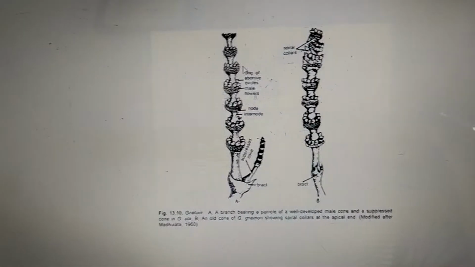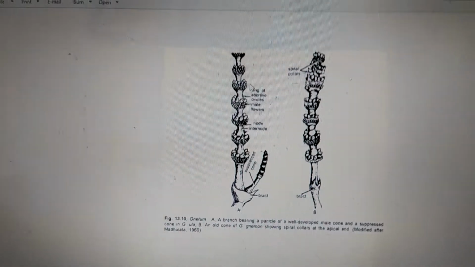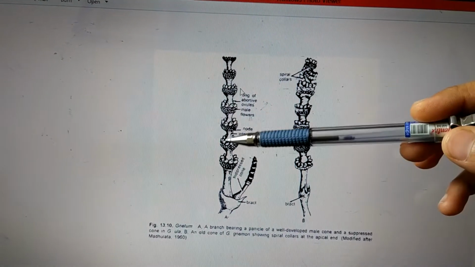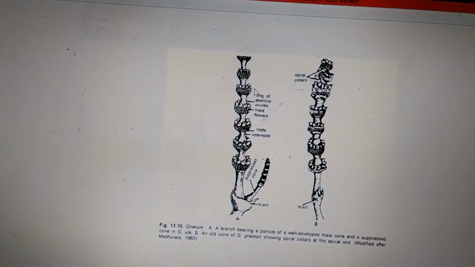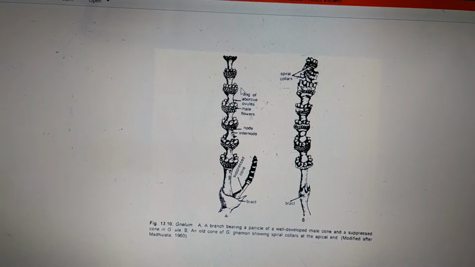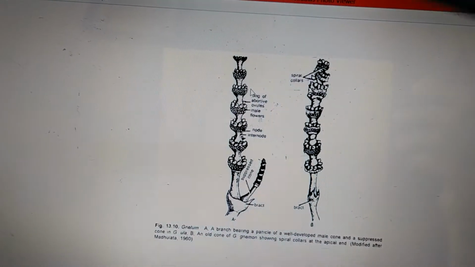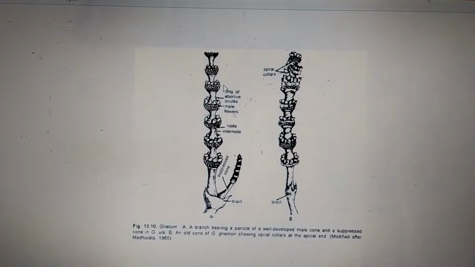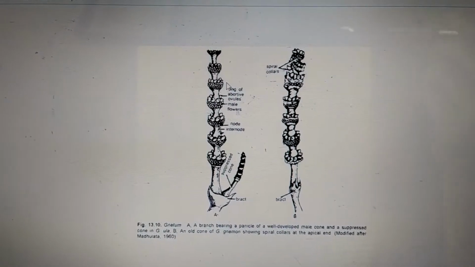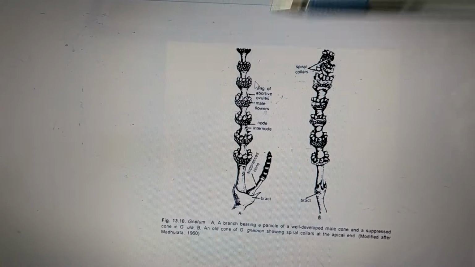In this part, we'll be discussing the male cone and the male flower of Gnetum. The male flowers are arranged in a definite ring, as we can make out here. They are arranged in a definite ring above each collar on the nodal region of the axis of the male cone. The number of rings may vary; it may be 3, it may be 5, it may be 6. And there is a ring of abortive ovules or imperfect female flowers above the ring